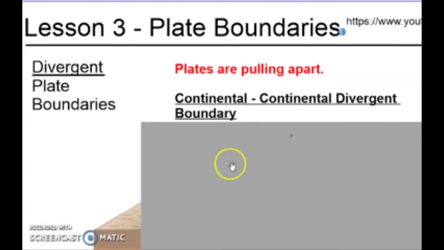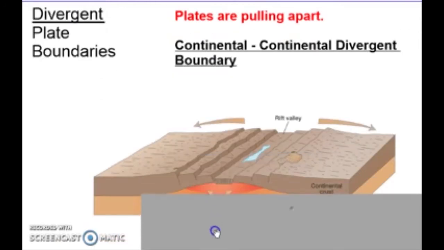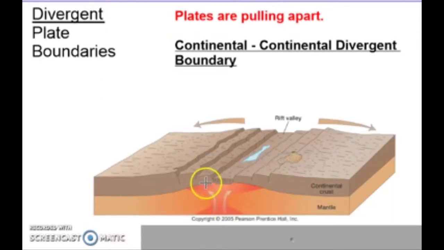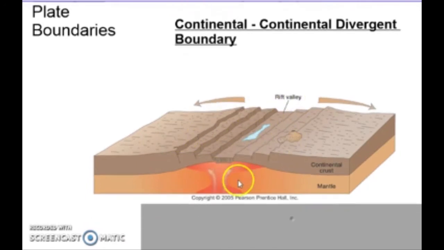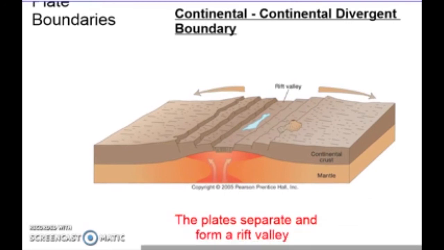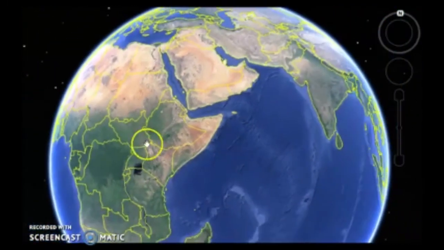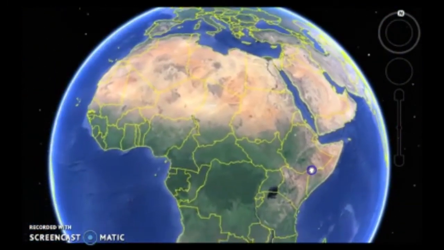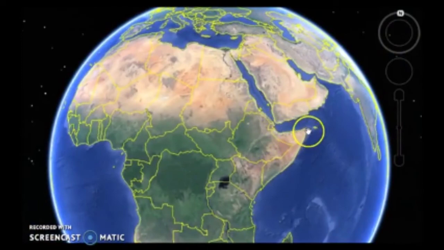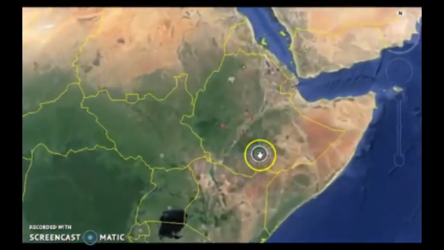In the notes, here's the picture I have for you. Okay, these blocks slide apart, and this landform is called a rift valley. Okay, the plates separate and they form a rift valley. So now here we are in Africa for a second, and if we zoom out, here we are. Africa's really big. Now this is called the Horn of Africa. If you ever hear that term, this is the Horn of Africa. And if you zoom in,